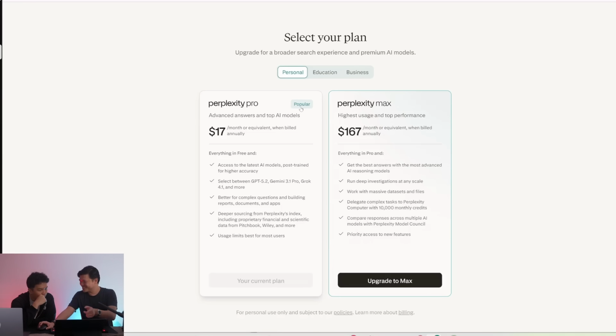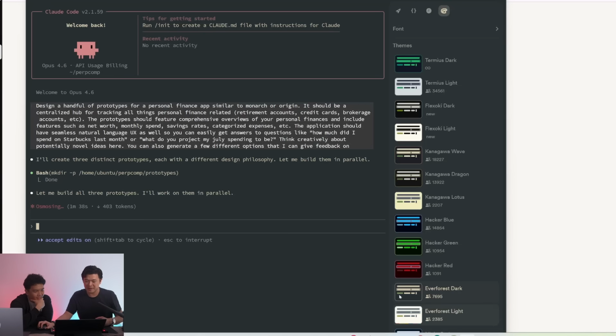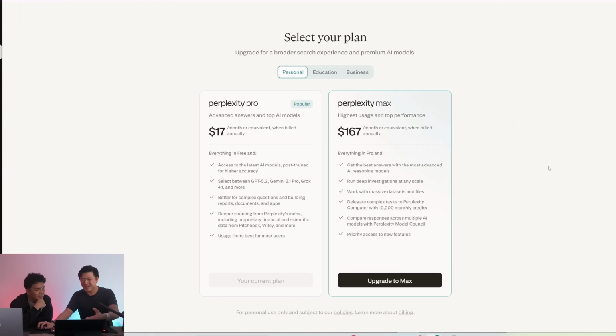But you need the Max plan to go for it. Okay. So I don't want to pay them annually. I do not want to pay these guys annually because I feel like I'm already in a good position with Claude Code, where I'm already paying annually. I don't want to pay infinite different services.